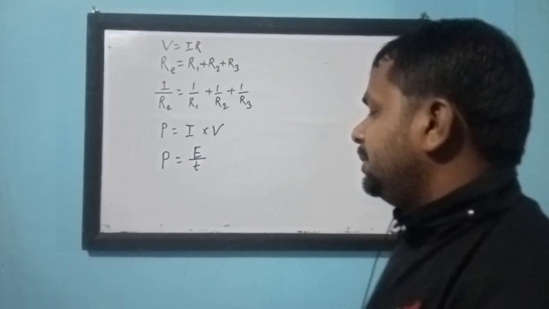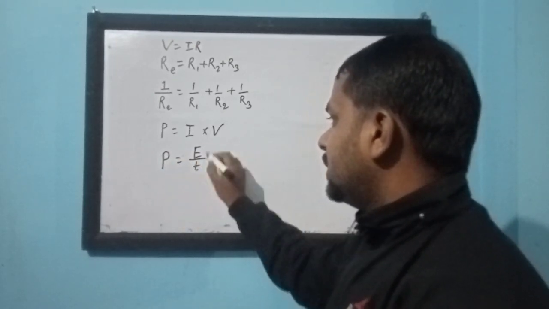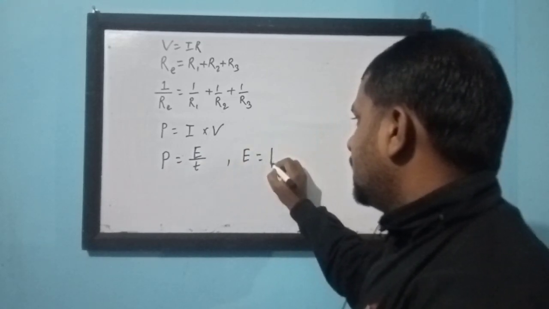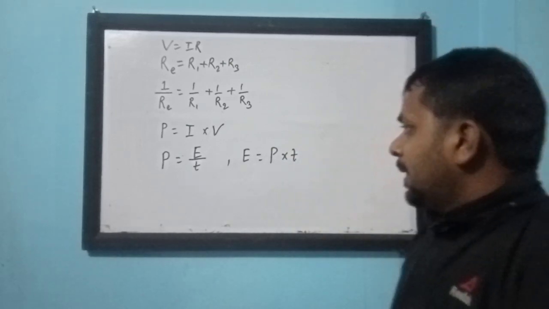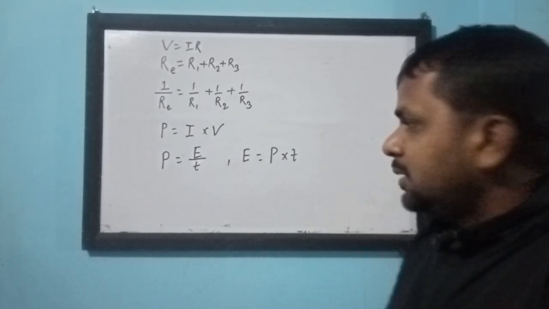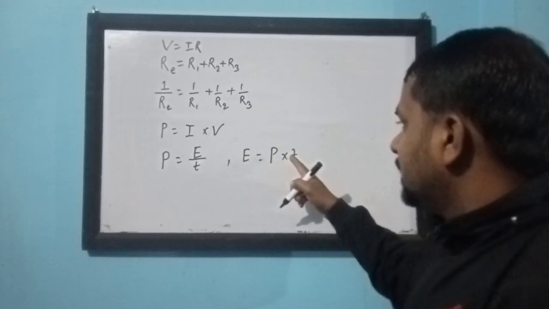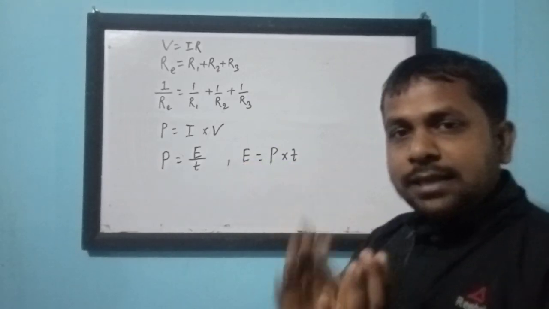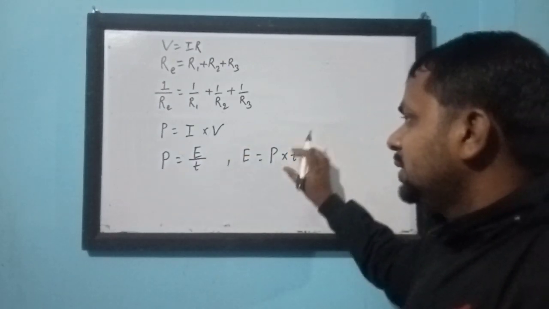And here to find out the energy, we can change this formula like this: energy is equal to power into time, and this is the total electric power. This is the energy consumed, electrical energy consumed to convert electrical energy into other form of energy, and this is the time for which the